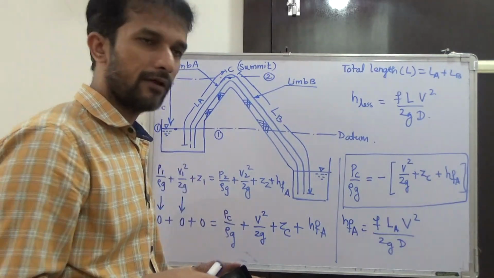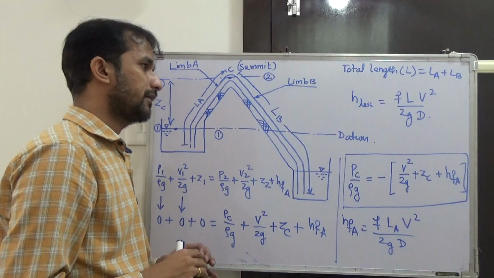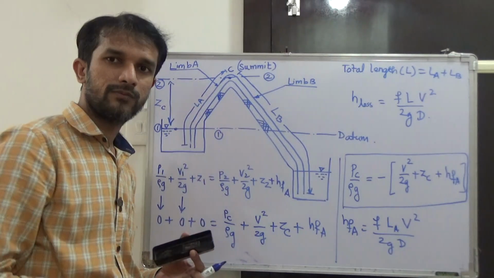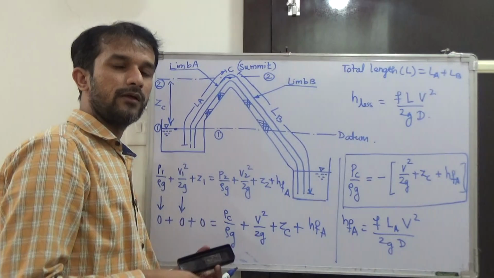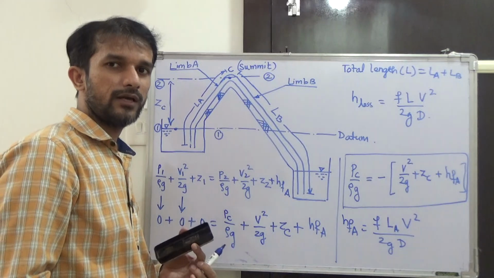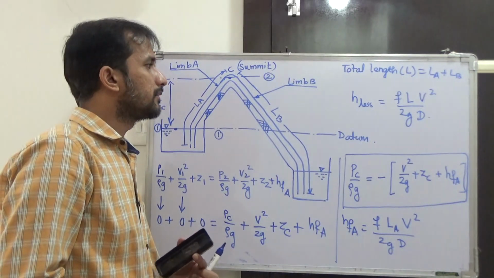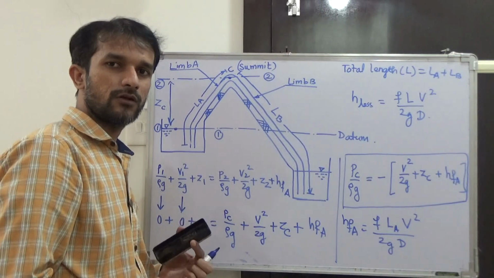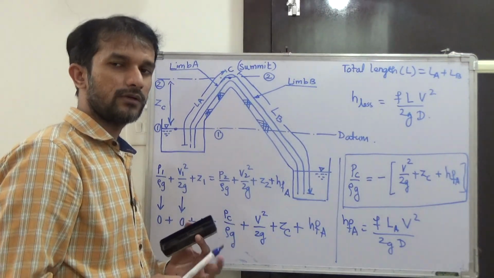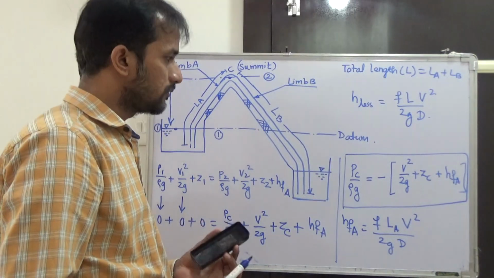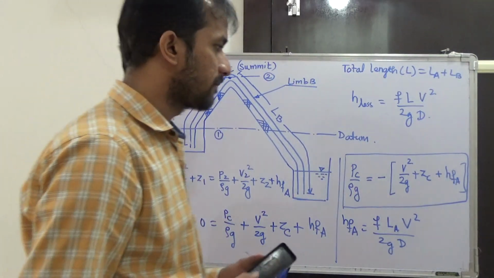If you know what is meant by cavitation, then you can say that if the pressure inside the tube falls below the vapor pressure of that liquid, then cavitation may occur, and that is the possibility. So that is why also the height is kept lower. Okay, and again there is a friction loss, so 10 meter cannot be possible. So it is not more than 5 meter, that is okay. So this is what the siphon is.